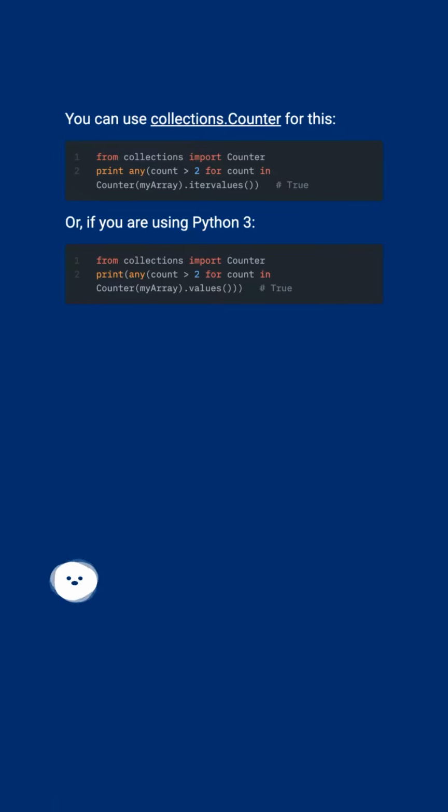You can use collections.Counter for this. Or, if you are using Python 3,